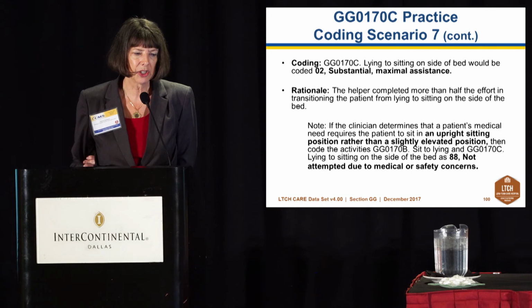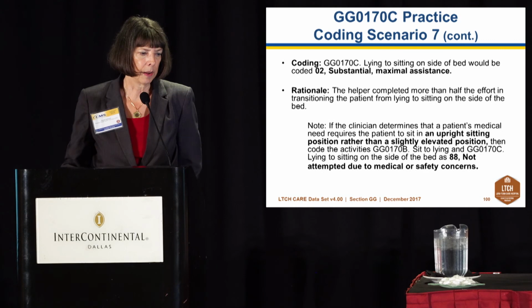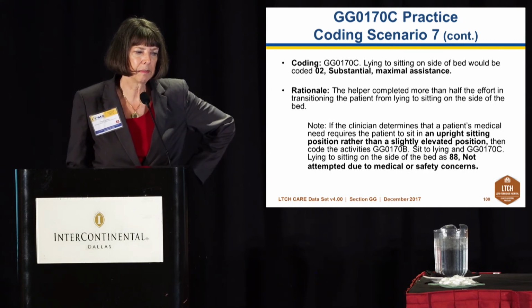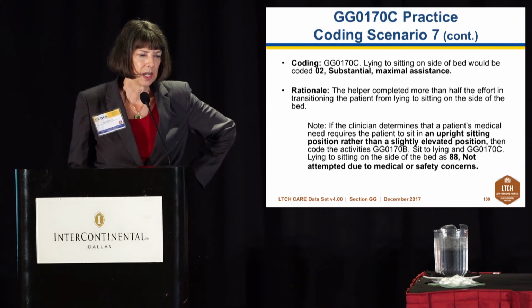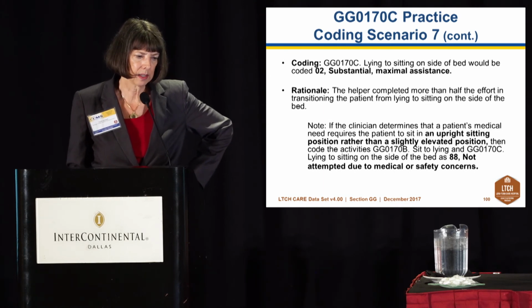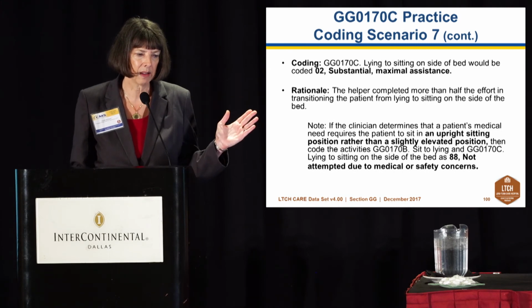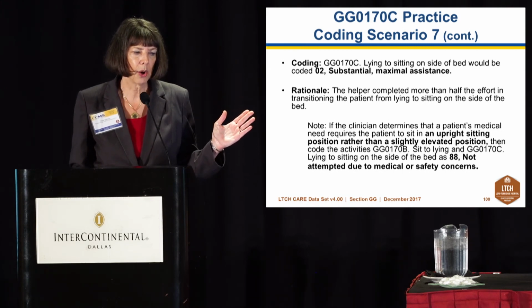Note, and this is an important sidebar for those of you with patients who need this elevated head of the bed: if the clinician determines that a patient's medical need requires the patient to sit in an upright position, a fully upright position, rather than a slightly elevated position, then code the activities for